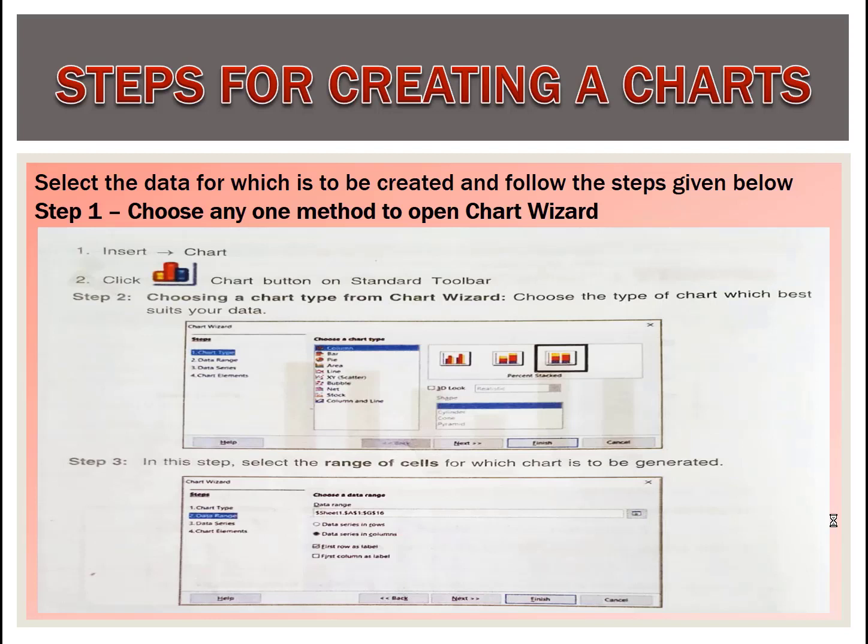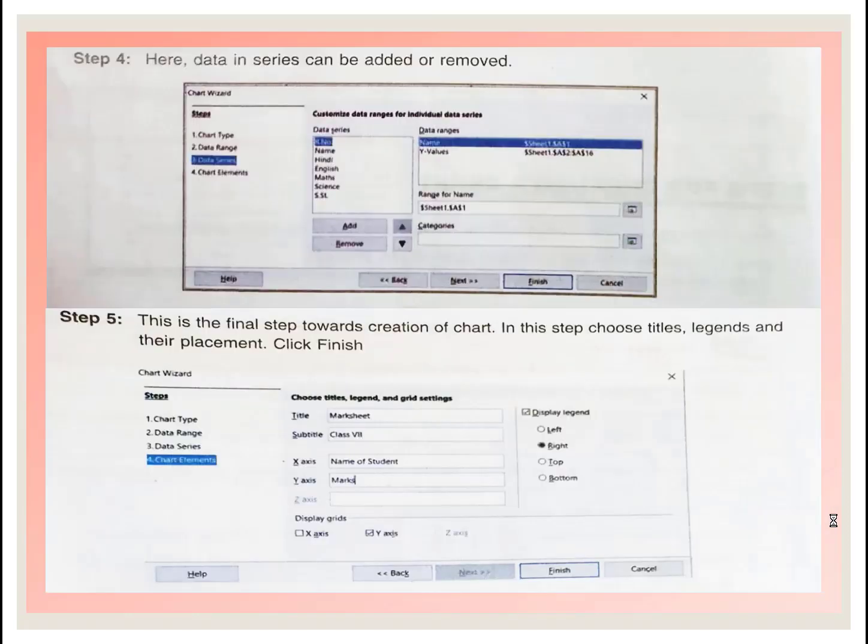Next step, select the range of cells for which the chart is to be generated. Here, data in series can be added or removed. Last, this is the final step towards creation of the chart. In this step, choose titles, legends, and their placements. In the last, click on the finish button.